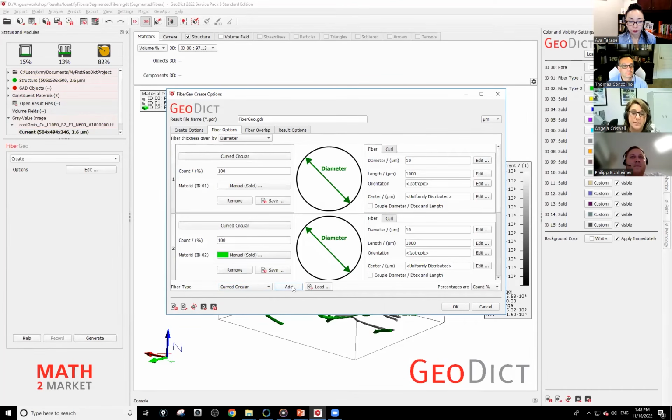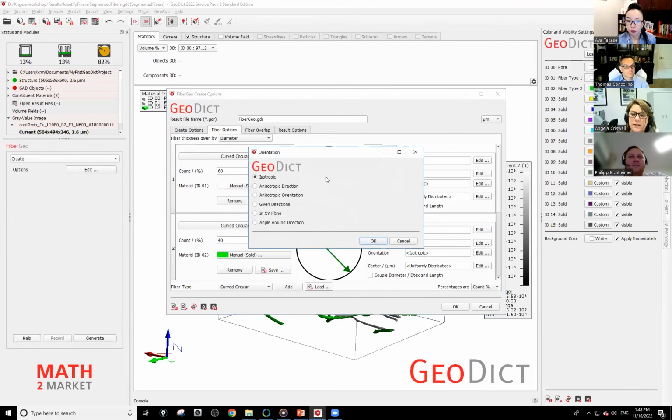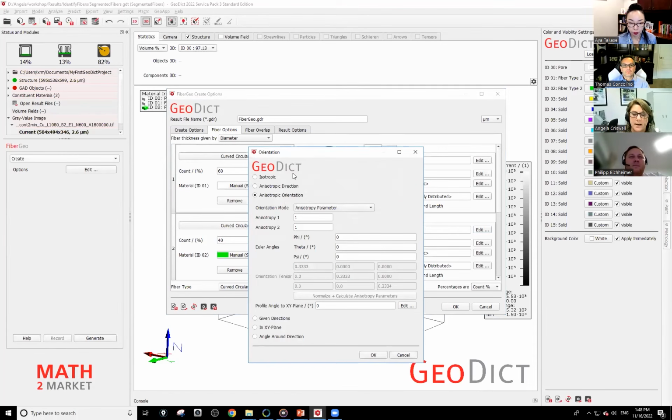We had 2 classes, so let's go ahead and enter 2 classes. Class 1 was around 60. Class 2 was around 40. And the fiber diameters, recall, were about 14.6, and 19-ish. And then let's look at the orientation. We had that anisotropic orientation that we were given with our output, and we can just enter those values itself. So I have these right in front of me,